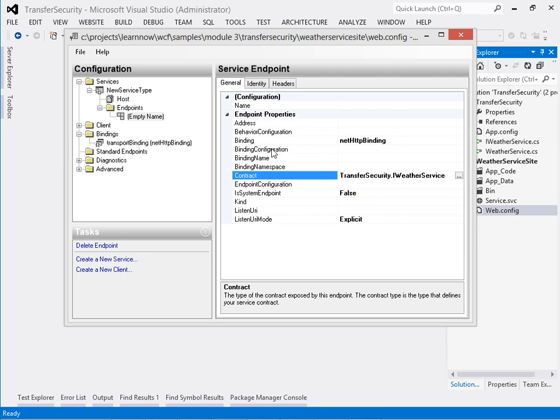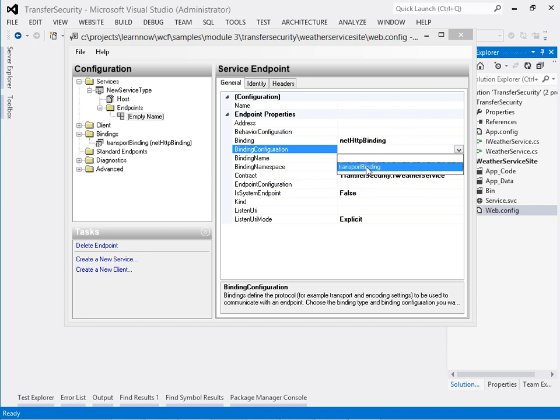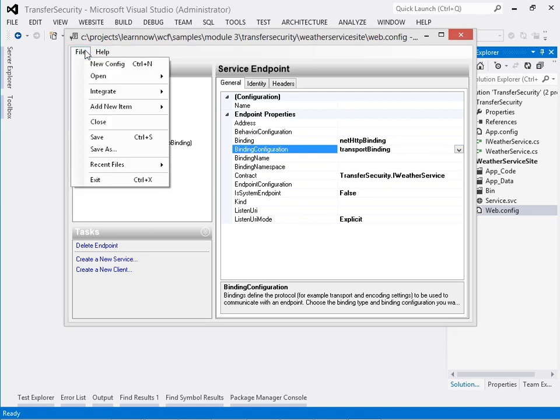And I need to match up that binding configuration with the binding we just created. So that's that. I'll say File, Save,